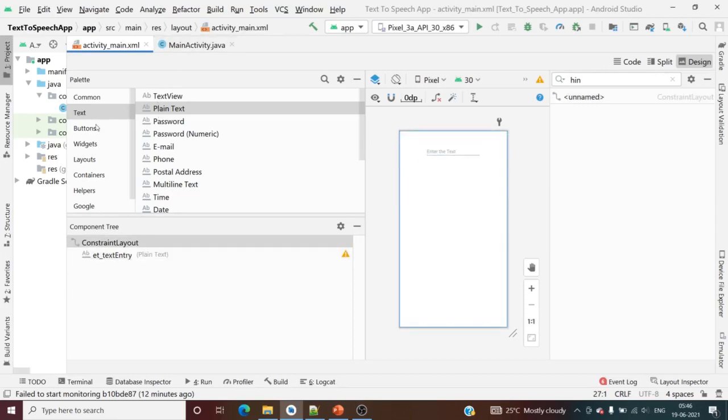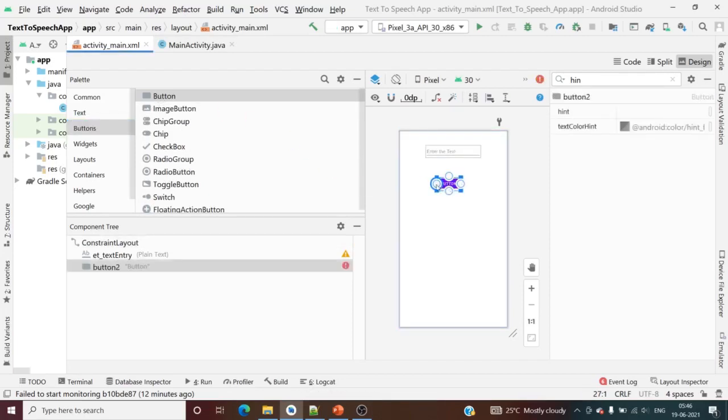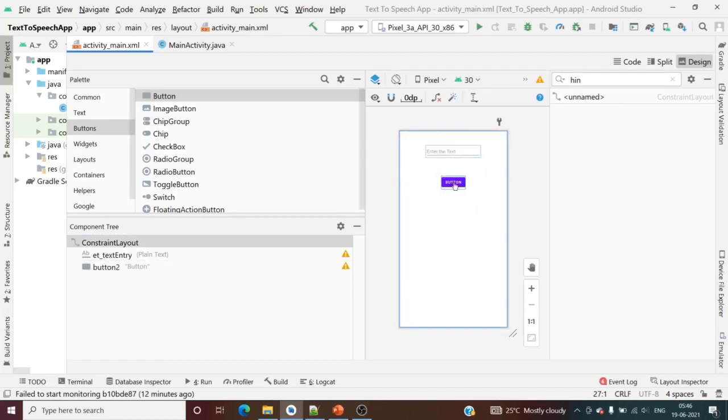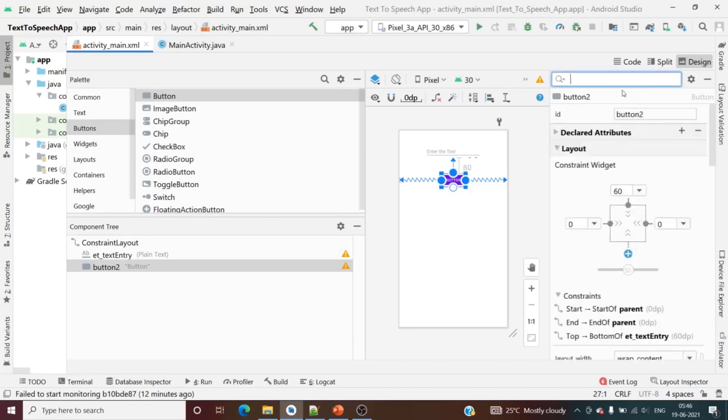Now I want a button, correct? Sideways, and this becomes the parent here. This will be enough. Now for the button, first is to give the ID. I will make it btn underscore text to speech.